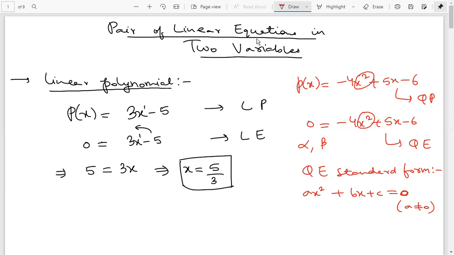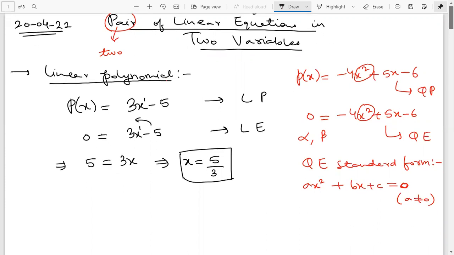Second point, here in this chapter we have a pair of linear equations. So what will pair mean? Pair means 2. So we'll have 2 linear equations in this exercise, basically in this chapter. And let me put the date also, 04/21.